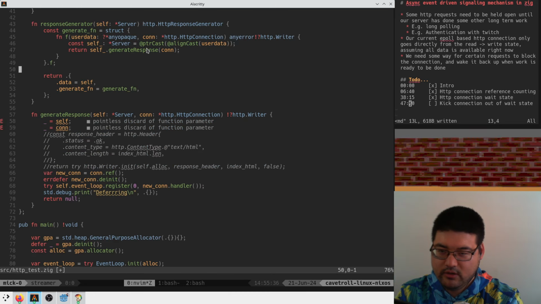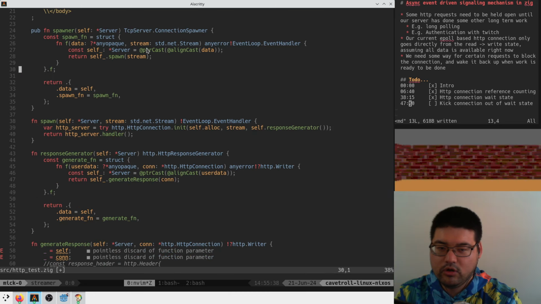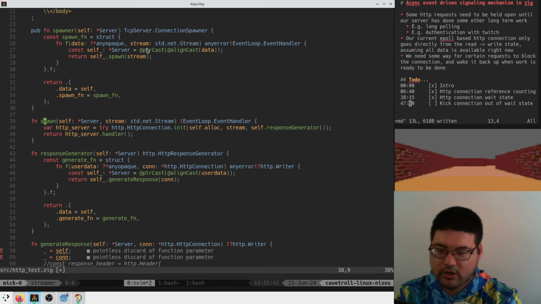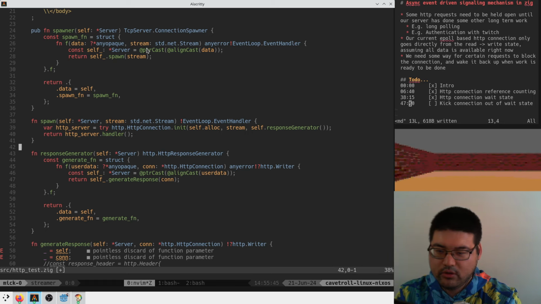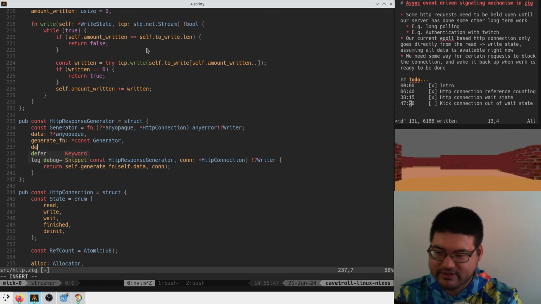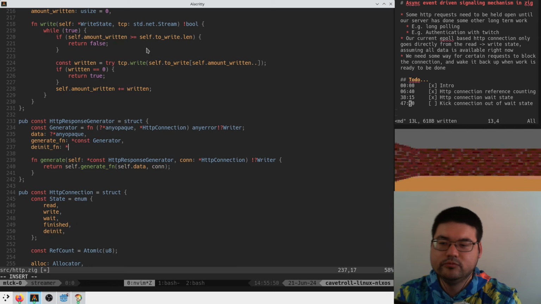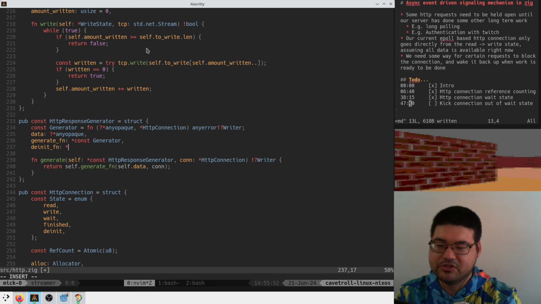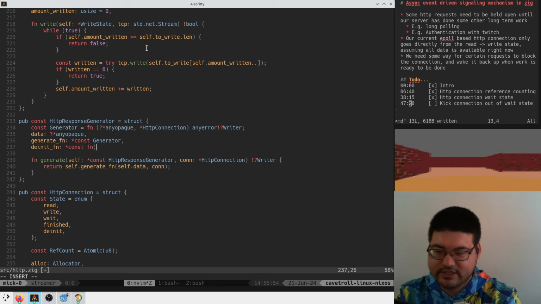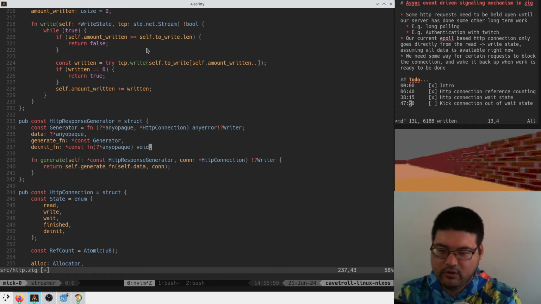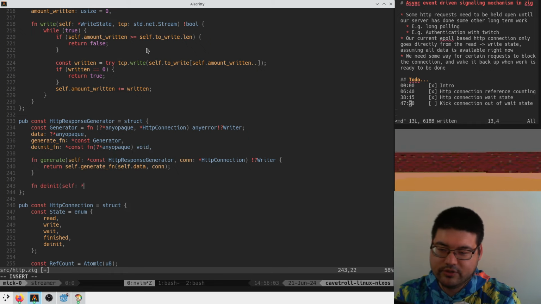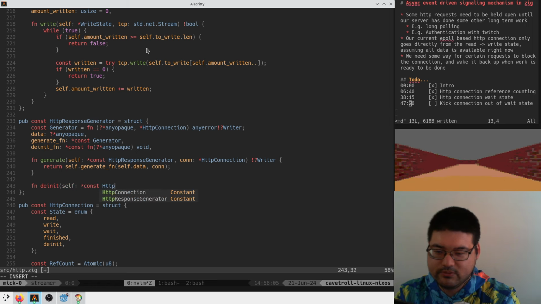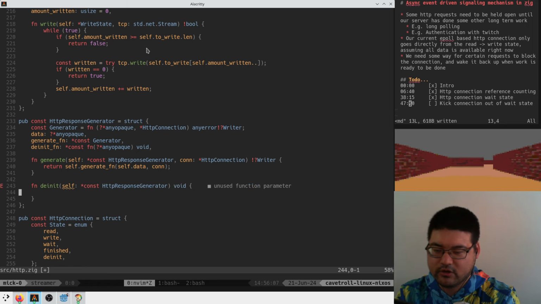So then, when we create our response generator, I'm pretty sure that this guy has to have a dinit function on him. So this is just going to be some sort of function that takes in our user data and returns void. And this is going to take in this HTTP response generator. And he's just going to call